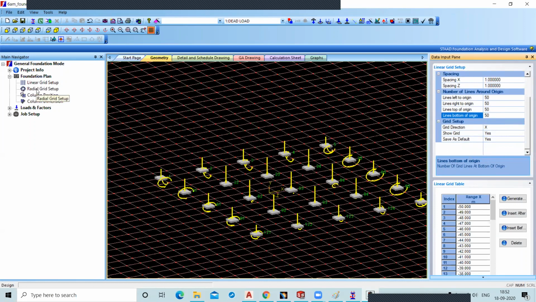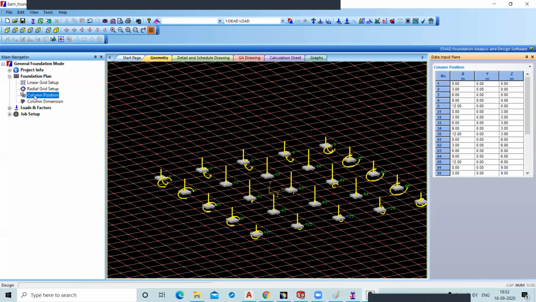After that, there is no radial grid. This is your column position. Column position means column number 1 is at 0, 0. This is your 0, 0, which is highlighted by the green color.